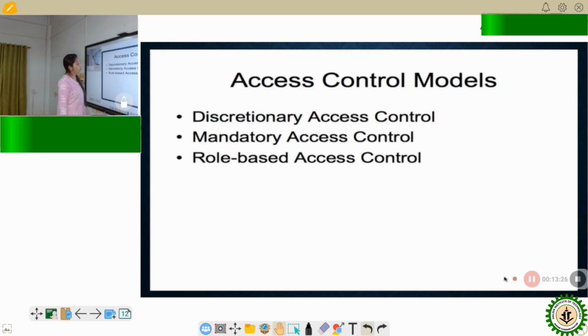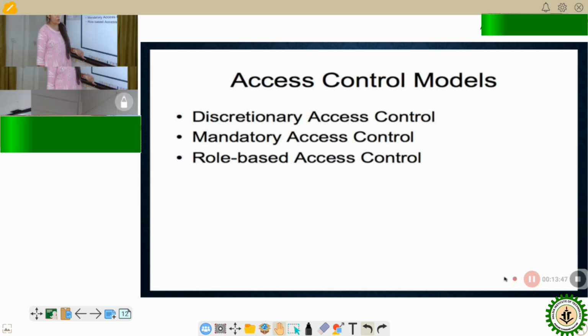So now coming to the different types of access control models. Here we have three types, which are the discretionary access control model, the mandatory access control model, and the role-based access control model. And today I will also briefly discuss the task-based access control model.